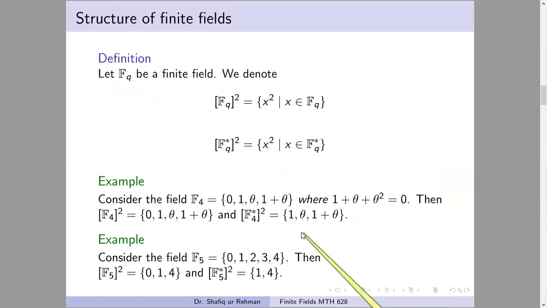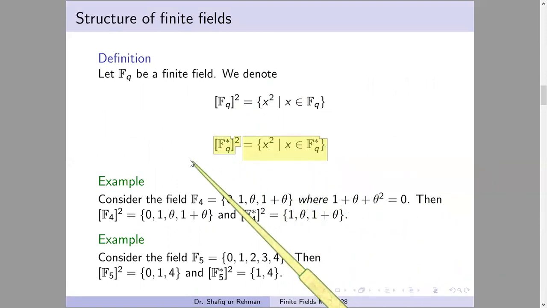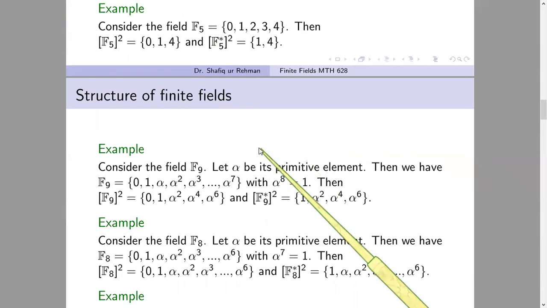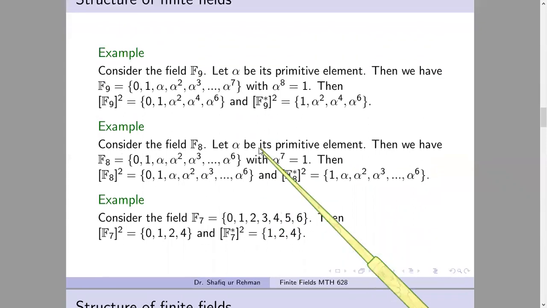उसके बाद फिर हमने ये कुछ टर्मिनोलॉजीज डिफाइन की। हमने कहा कि एफ क्यू जो है, इसका अगर फाइनाइट फील्ड का इस नोटेशन का मतलब है इसके सारे एलिमेंट्स का स्क्वायर लेते जाएं और जो आंसर आए वो इस सेट में लिख लें। इस सेट को हमने इस सिंबल से डिनोट किया। और इसी तरह नॉन जीरो एलिमेंट के लिए भी यही चीज और एग्जांपल्स लेके बताया गया कि इस सेट में एलिमेंट किस तरह के होंगे, कैसे हासिल होंगे।